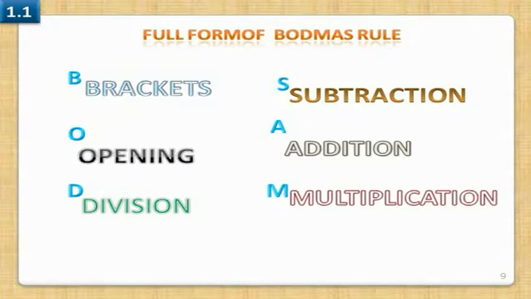And we will know the full form. First you know the letter U, it has been designed from top to bottom to top. So in a U-shaped manner, check the full form of BODMAS: B stands for brackets, O stands for opening, D stands for division, M stands for multiplication, A stands for addition, S stands for subtraction, in a U-shaped manner, top to bottom, bottom to top.